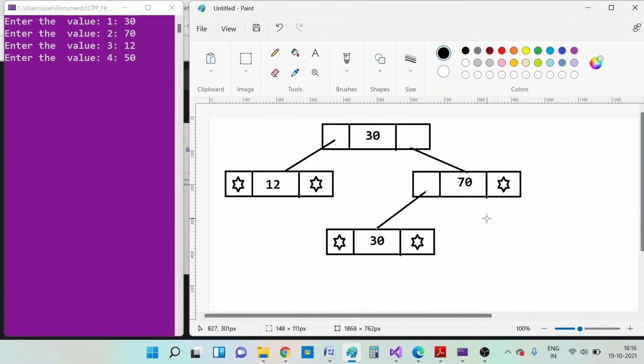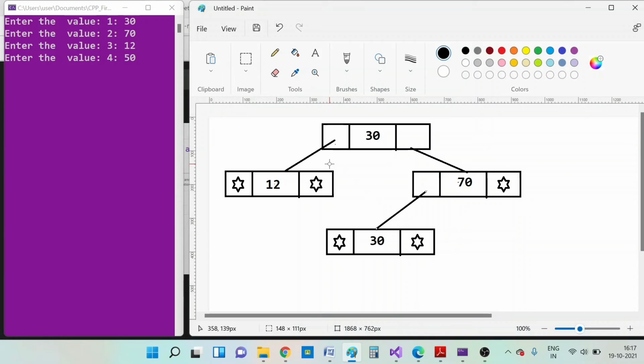So you can see that the program successfully continues. Even if I try to enter more nodes, it will just follow the same logic. Either it will go in this direction, and when it reaches the leaf node, it will put the new node as the left child or right child, or it will go in the right subtree and identify the leaf node under which the new node has to be inserted. So this is how the insert is constructing the binary search tree.